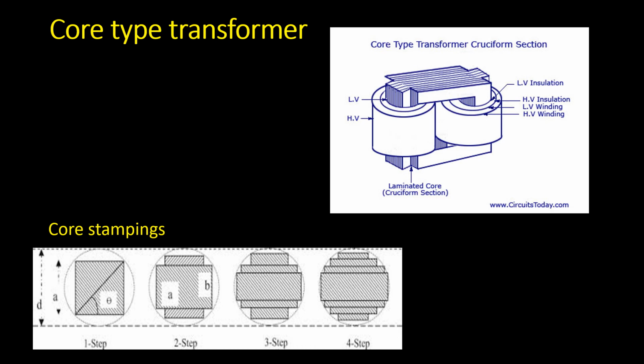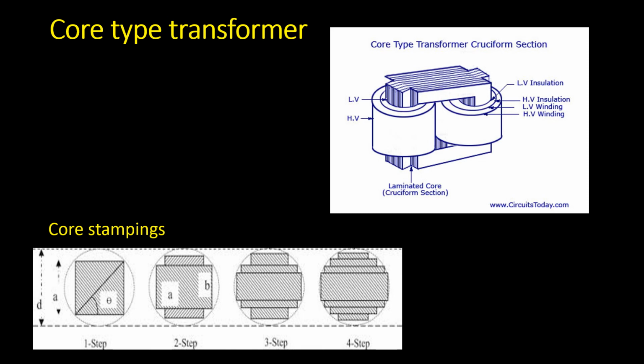In the second diagram you will find two steps, then three steps and four steps. So why are such steps there? Why are such stampings there? Such a question may arise in your mind. So I would like to point out here that rectangular cores with rectangular cylindrical coils can be used for small